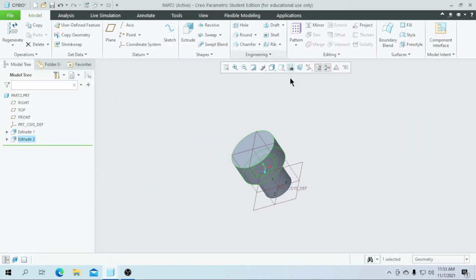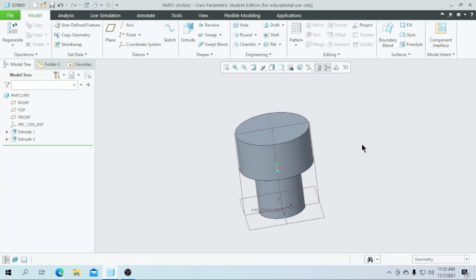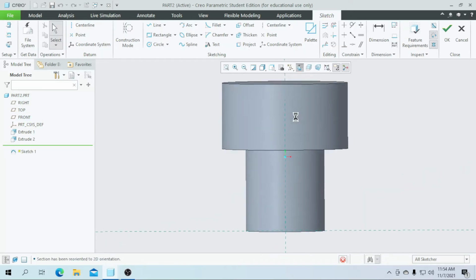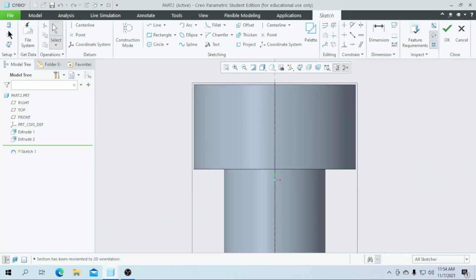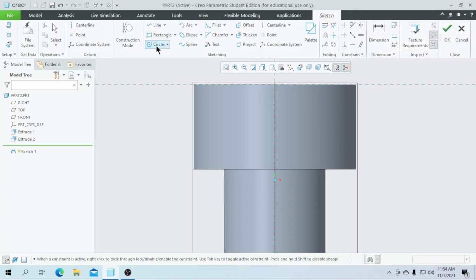So click on OK. So now I am going to create a handle for the 4 sides. First we need to create the first handle and pattern it for all the 4 sides. So select the front plane and go for the sketch and go for the sketch view. At first we need to create a reference for this top plane, close it, and I am going to draw a circle at this reference.